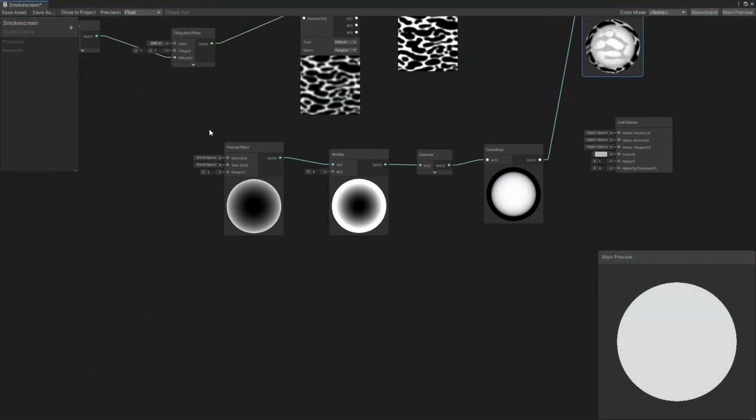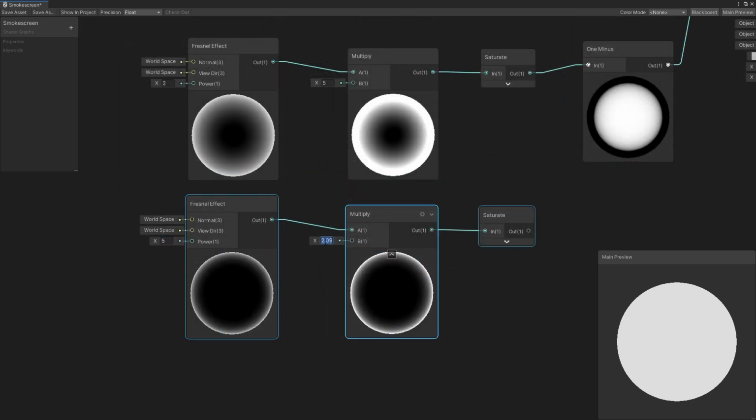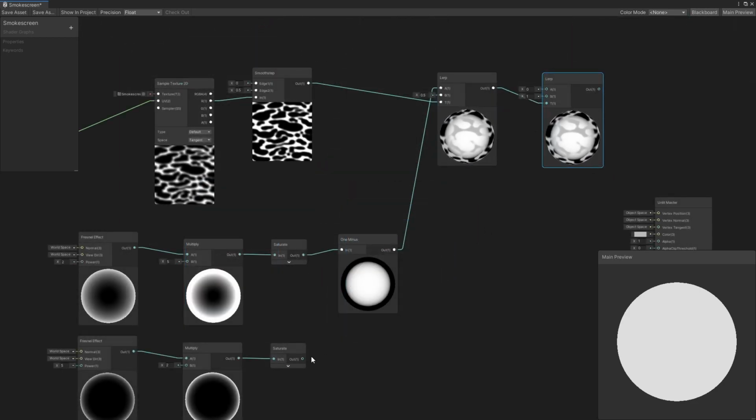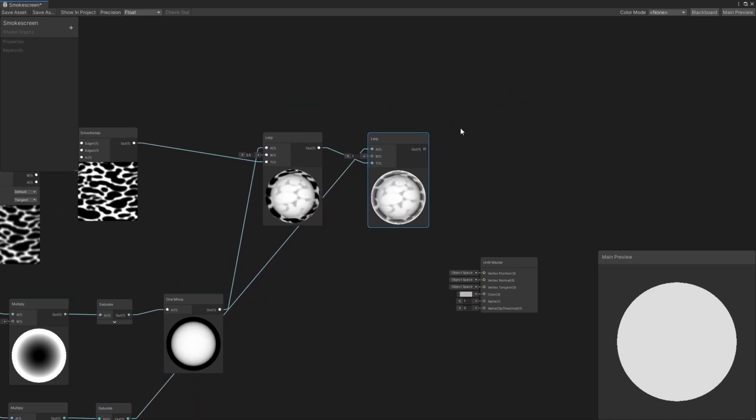We're going to use another lerp to add the edge outline. Make another Fresnel, but this time with a thin highlight. We'll plug this into A and the last lerp to T. Keep B as 1. Now we can multiply this by color to finish, but we're actually going to use another